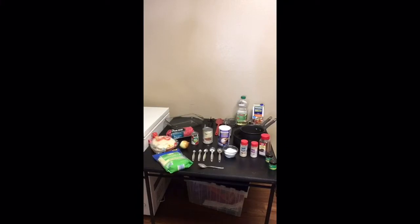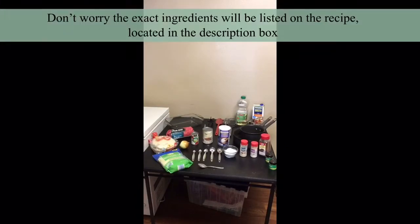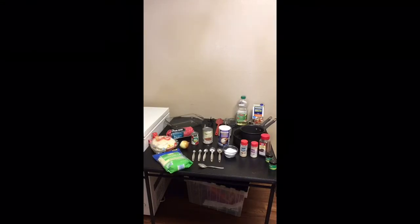Okay, so for today's recipe for the beef enchiladas, you will need about a cup and a half of mozzarella cheese, at least 10 flour tortillas, and I have the mini size, so I might need more. You're gonna need 2 pounds of ground beef, one medium-sized onion, about a fourth of a cup of tomato paste. We're probably gonna need at least a half a cup of the pinto beans, about a fourth of a teaspoon of salt,